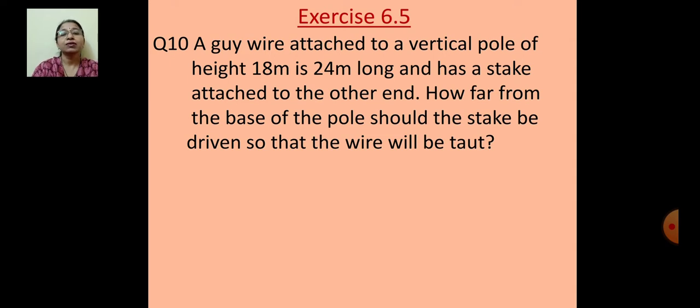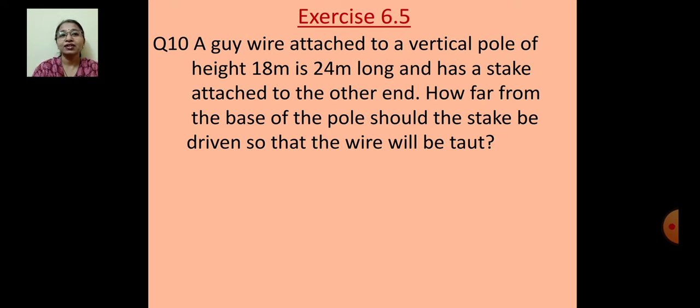So what is the meaning of guy wire? It is a cable wire. And stake means what? It is the wooden or metal pin attached at the end of the wire so that we can pull the wire or fix the wire to the ground. You might have seen in your scout guide camp how you attach your tent. So you will find there at the end of the rope one pin or metal point is given